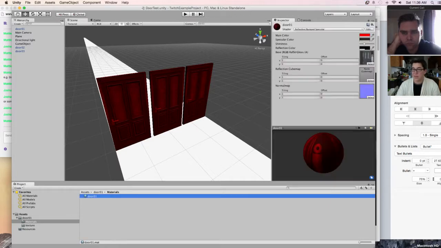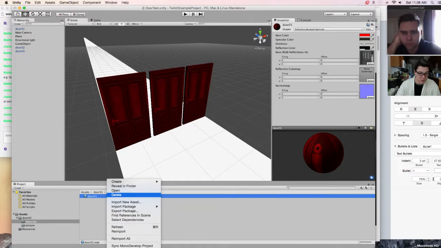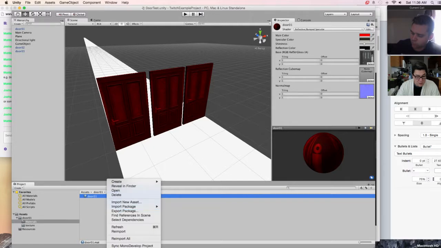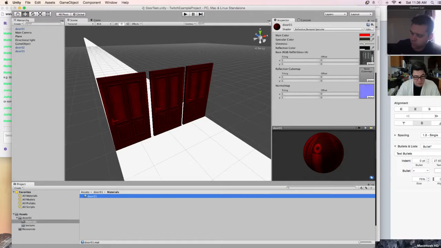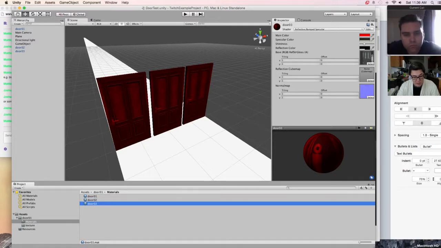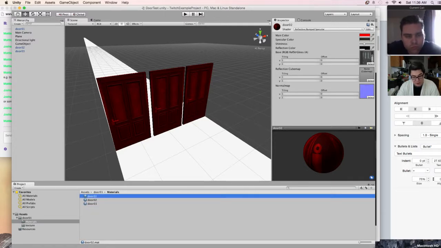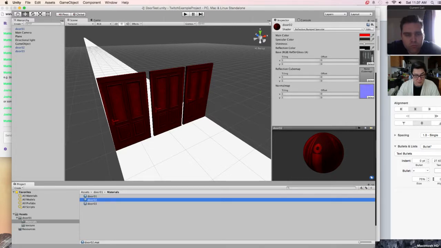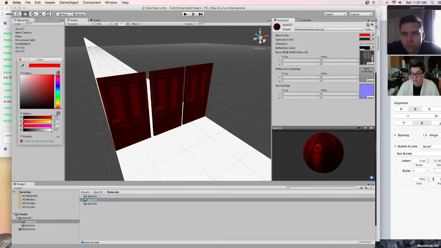We actually take this door material. There's no right click menu for this, so I'm going to hit Command D, and it's going to duplicate it and auto increment the number. Right? Door 1, door 2, door 3, which is nice because now this is going to match our new door